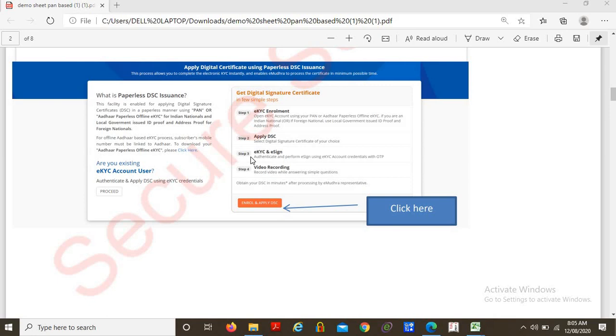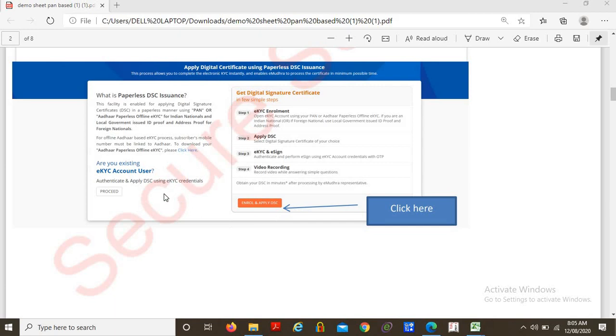here you need to confirm one thing: whether the applicant already has an eKYC account, or he is applying for the first time in eMudra. If the customer is applying for a digital signature for the first time in eMudra, I need to click on enroll and apply DSC.